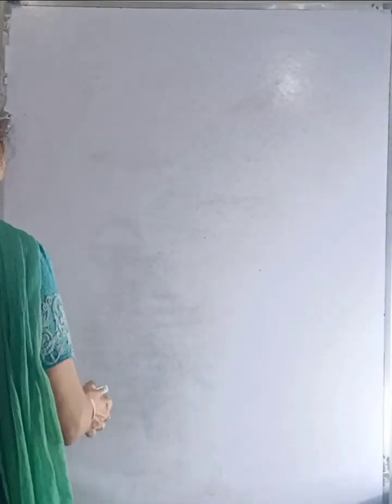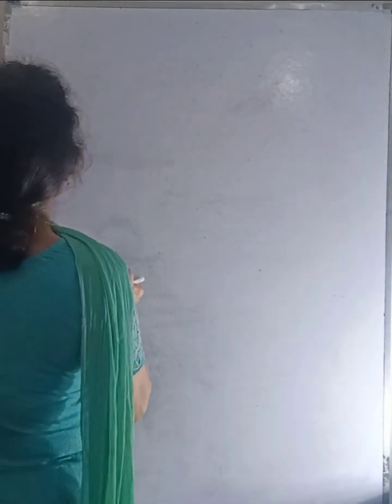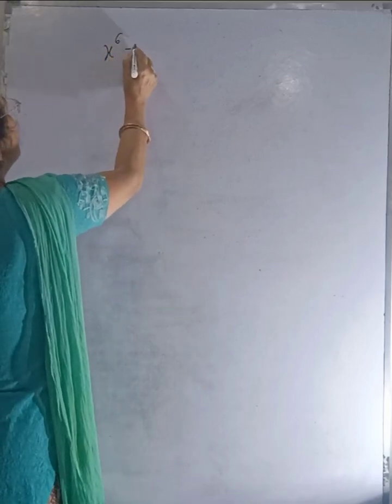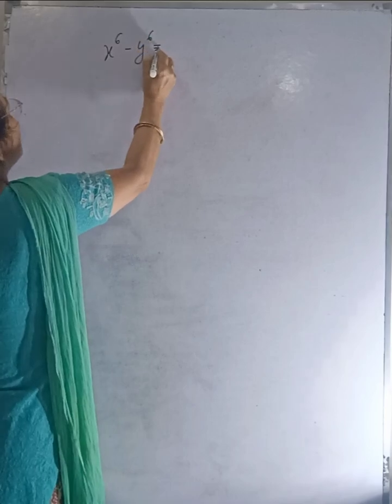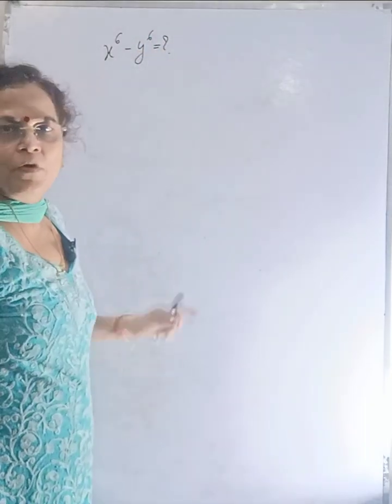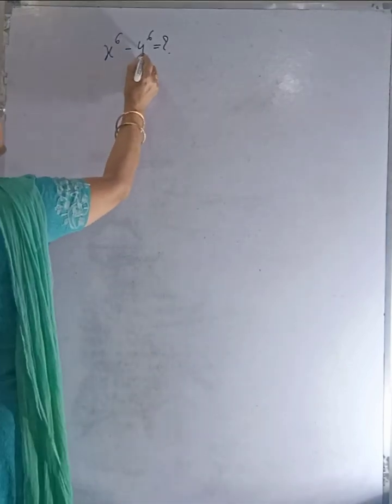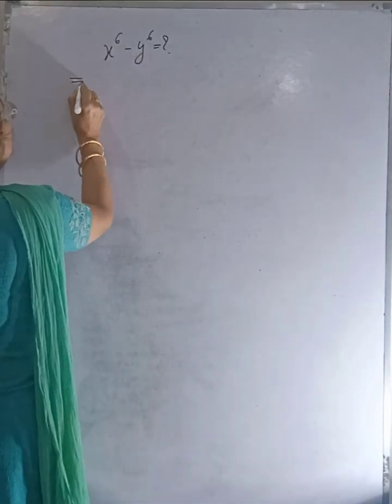Okay. Today I am giving you a term: x to the power 6 minus y to the power 6 is equal to what? This is to be obtained. Formula for this. How can we derive this formula? X to the power 6 and y to the power 6 can be written as